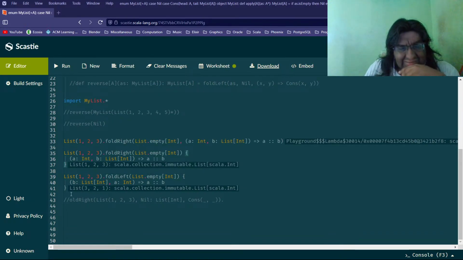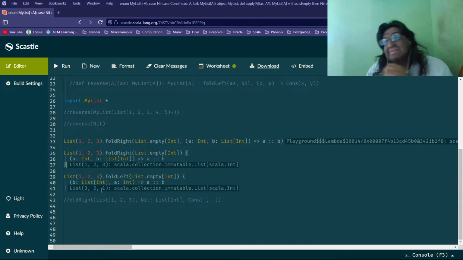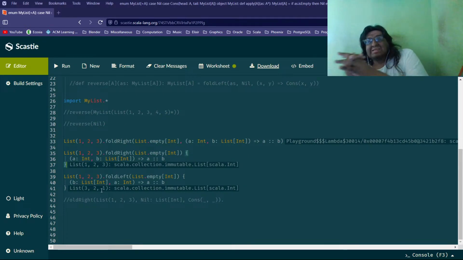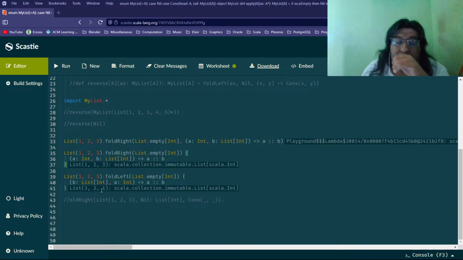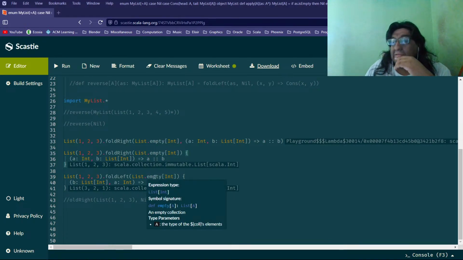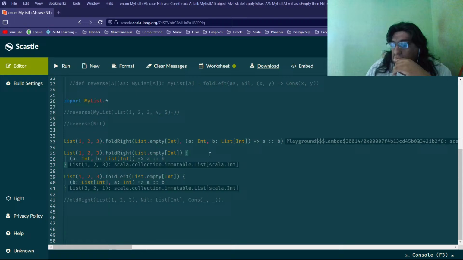And the other question: the fold left gives you the list in reverse order, which is what the exercise was asking about. I was thinking that the fold left is the way to go because